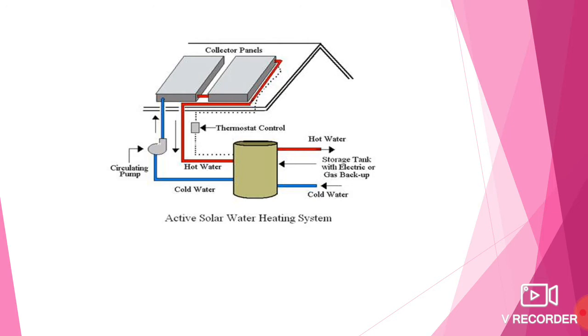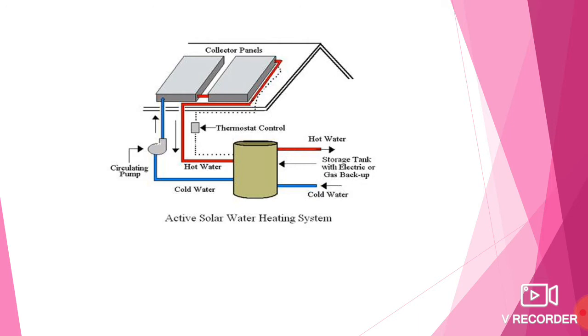In the collector, the solar radiation is collected and converted into heat. The heat transport fluid removes the heat and carries it to the heat storage system. The heat can then be withdrawn from the storage and distributed throughout the building.